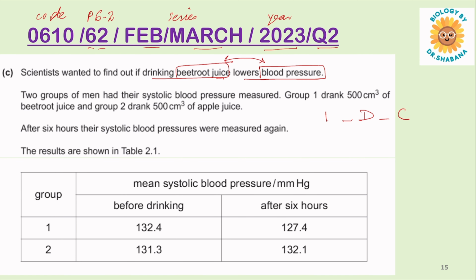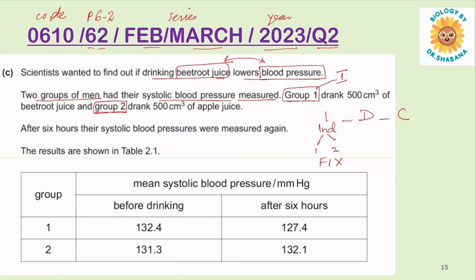I'm not going to go into too much detail because this is a very simple table. I need to move on to the other questions. So what did you do? You do 2 groups of men had the systolic blood pressure measured. Okay, so two groups of men. Now we selected two groups, group number 1 and group number 2. So this being what I selected, this becomes my independent variable, right? So this is my independent variable, and there are two groups, group 1 and group 2, and this should come